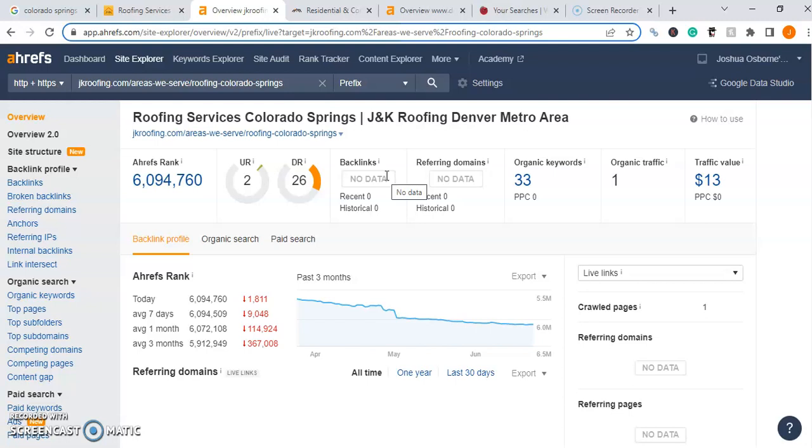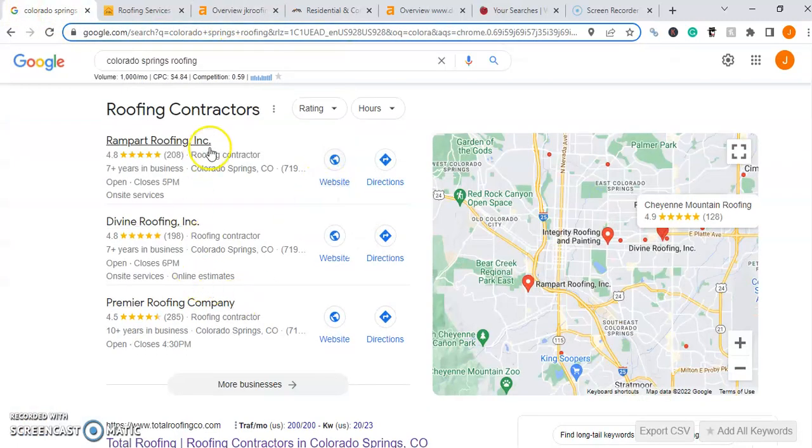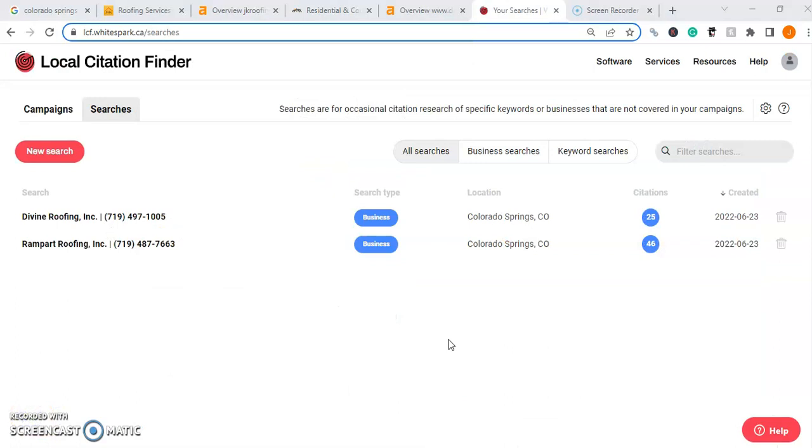But before I cut this video off, I did mention something called citations. Those are going to be really important for the Google Map pack. Citations are essentially all the different places our business's name, address, and phone number are listed online. Let's take a look at the Google Map pack for a second, because we're going to analyze these three businesses and determine how many citations they have and see how many you'll need to really start outranking them. So here we are on my final tool of the day called WhiteSpark,